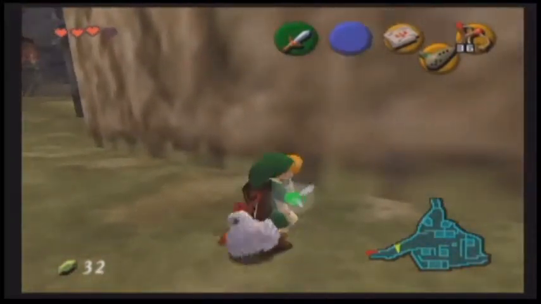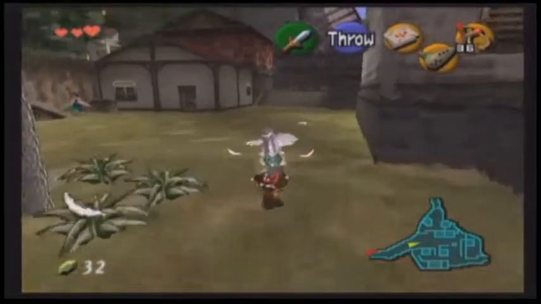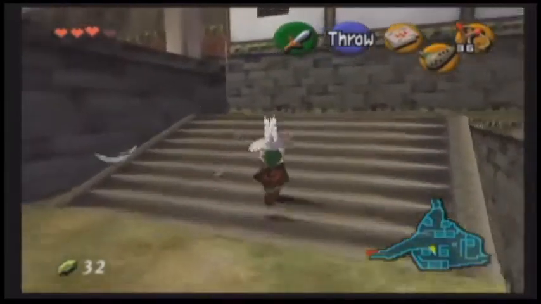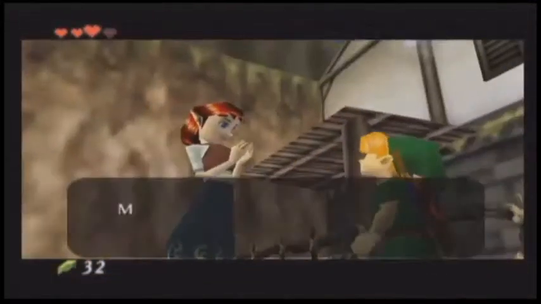Now, what we want to do is pick up these chickens. The reason we gotta pick them up is because they've gotta be given to someone. And this person's actually out near the graveyard. So let's go and help her out. So if we talk to her...